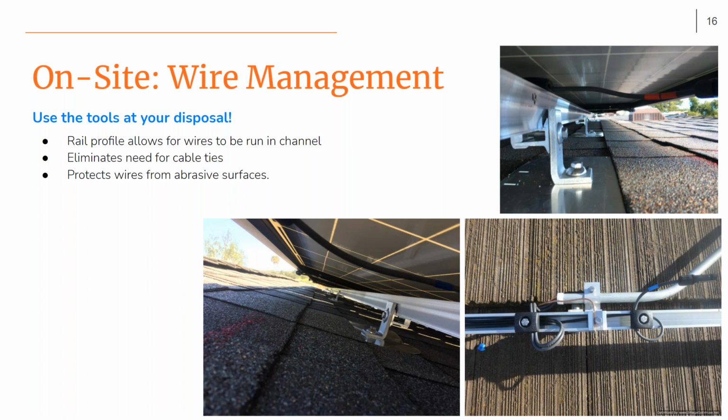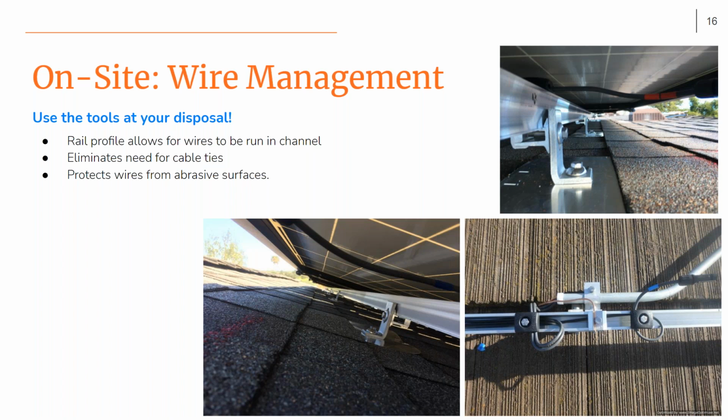Yeah. So this shows proper wire management compared to, as you saw before, those zip ties holding on to a thinner rail that doesn't have a channel. Here you can see how clean and beneficial it is to have your PV wires or cables come straight from the module into that rail channel, run along it, and then use wire clamps to run into conduit or throughout the rest of the rail channel to the rest of your modules and your system. So not having things hang down.